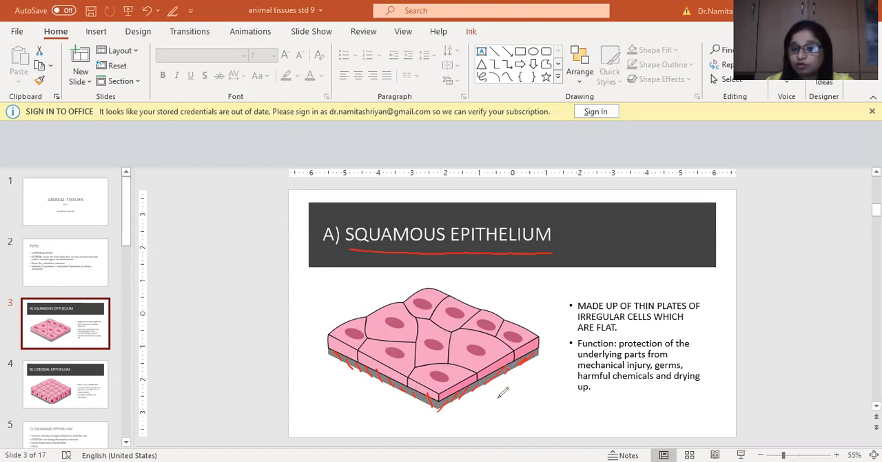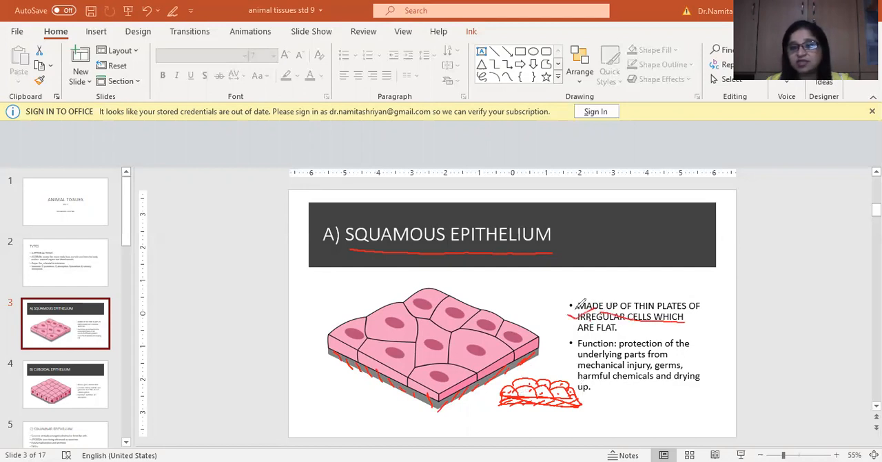So whenever we have to draw an epithelial tissue, we will first draw the basement membrane, right? Like this. And then over that, we will show whichever epithelial tissue it might be. We will show the cells of that particular tissue. Please remember this. So epithelial tissue is always placed over a basement membrane. Very important to remember. Now, when I talk of a squamous epithelium, it is made up of thin plates of